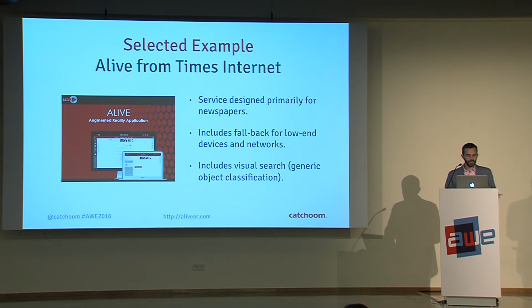And interestingly enough, they have started to build other stuff. For instance, one of the things that they included recently is visual search. So, the capacity of scanning an object and the app tells you what type of object that is. Okay, that's not from Catchoom. So if you scan a mouse, it will recognize that that's a mouse and then search shops online where you can buy that. Okay, these kinds of functionalities.